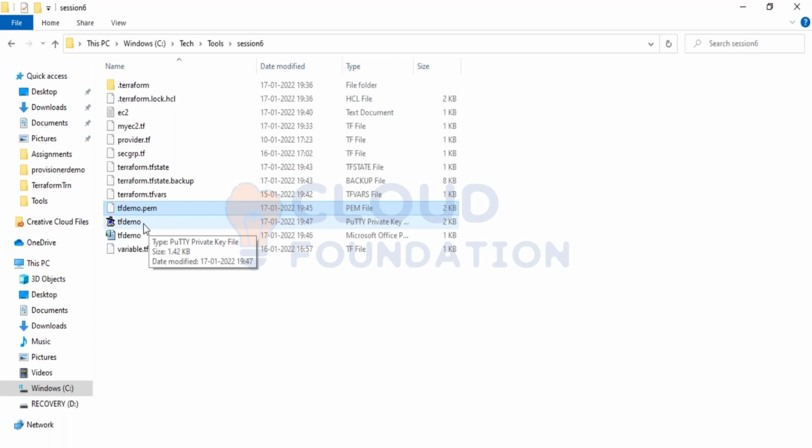It was there. So tfdemo.ppk is there, tfdemo.pem is there, tfdemo.pub is there. Okay, public, private, and private in ppk format for putty. Three things I have. So now let's do one thing. I'll just change my